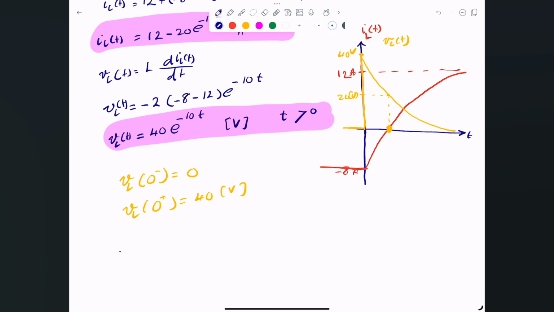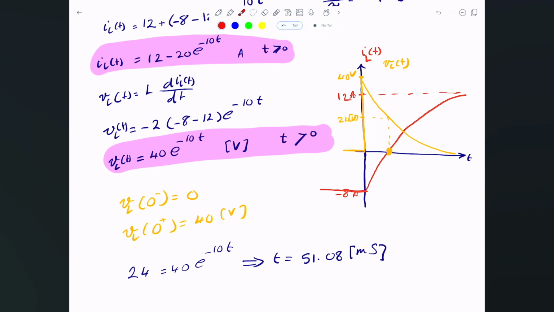All I have to do is say VL of t, which is 24, that's what we're looking for, equals 40 e to the negative 10 t. And hopefully you'll figure out that this t is about, I believe, 51.08 milliseconds. That's what I think. And we can compute exactly at that particular moment how much the current will be by substituting that. I of L at 51.08 times 10 to the negative 3, because you have to substitute in terms of seconds, will be equal to